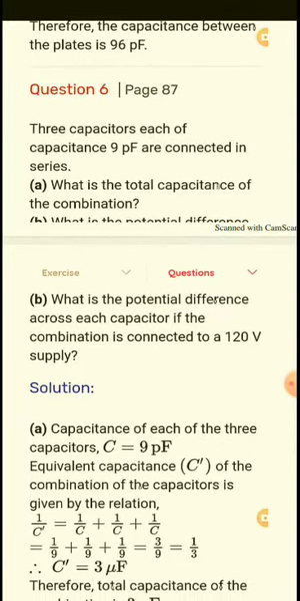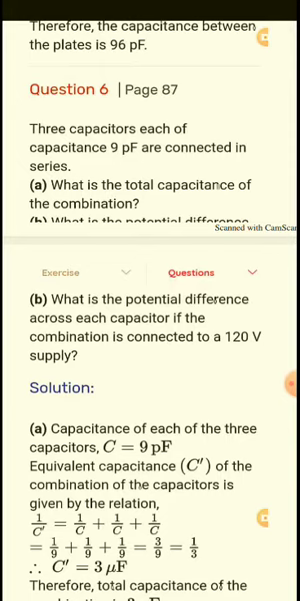3 capacitors, each of capacitance 9 picofarads, are connected in series. 3 capacitors and their capacitance are 9 picofarads, 9 picofarads and 9 picofarads. What is the total capacitance of the combination? What is the potential difference across each capacitor if the combination is connected to a 120 volt supply? So 2 questions are asked: total capacitance